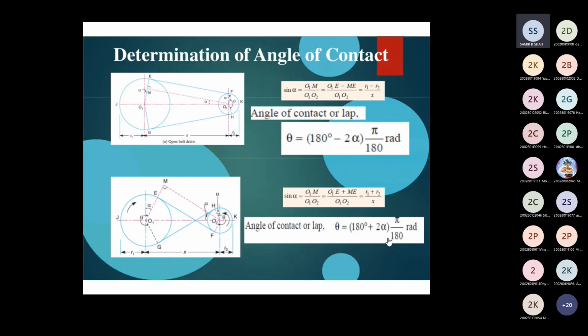These are the theories covered. Some theories remain that we will discuss in the next lecture, like centrifugal tension and initial tension, and one special theory for V-belt drive. Similarly, there is the condition for transmission of maximum power. So almost three to four theories are remaining. After completion of all the theory, we will proceed to the examples.